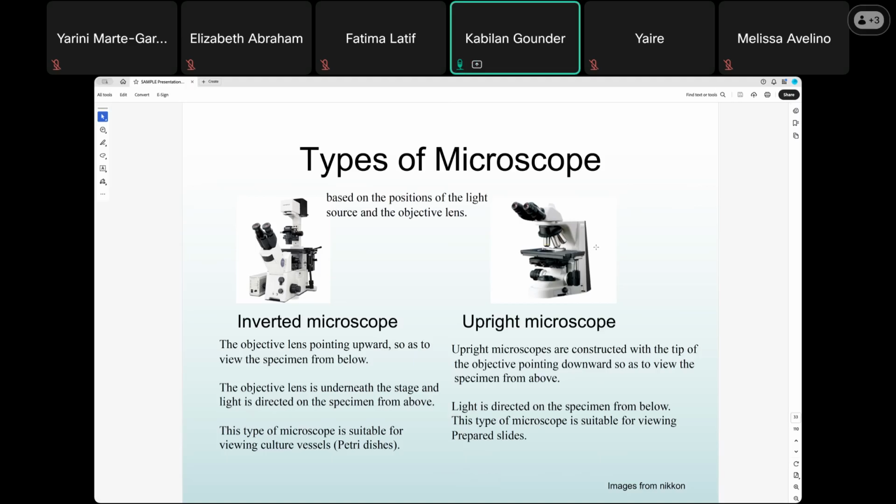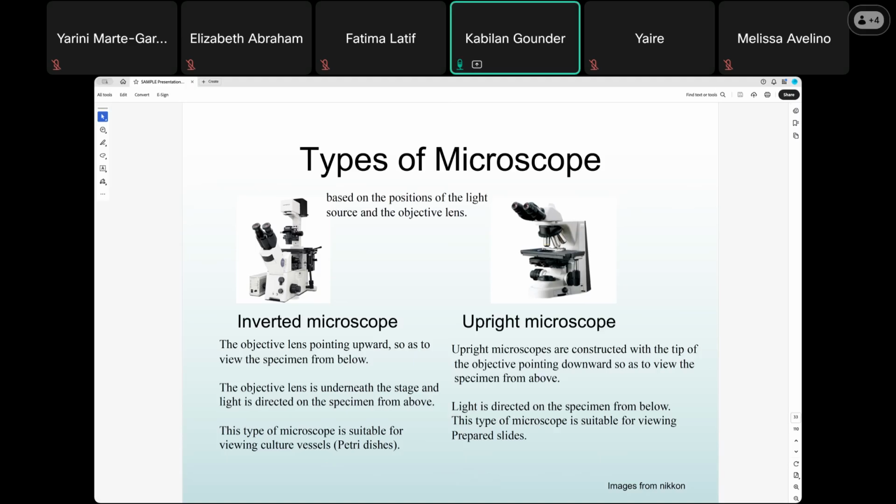Whereas the inverted microscope's advantage is that it's suitable for viewing petri dishes. Sometimes when you grow bacteria, or cell culture, or any other fungal or bacterial culture, you can use this type of microscope so that you can clearly see things. For petri dishes, you cannot keep them here because the stage